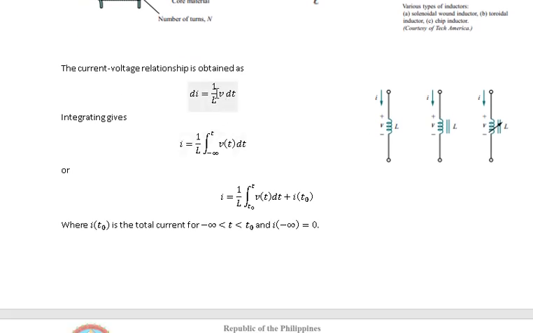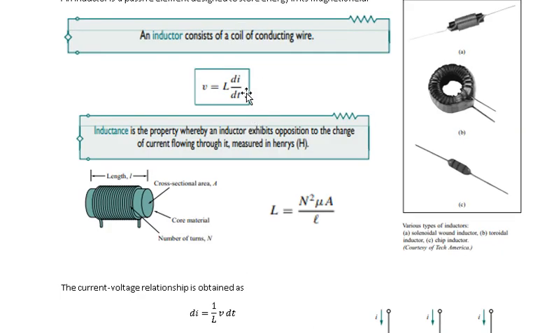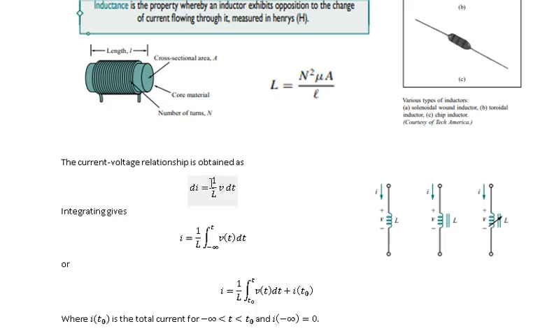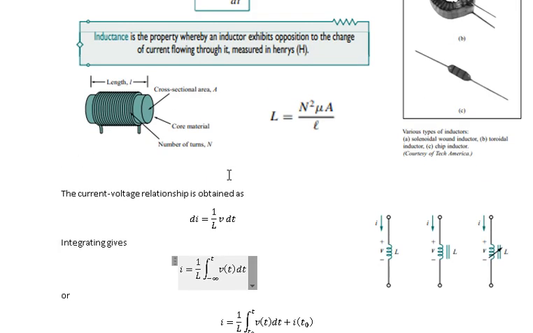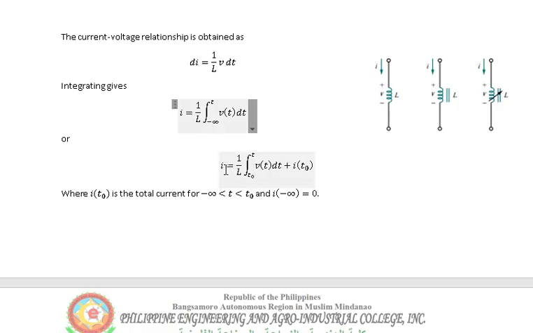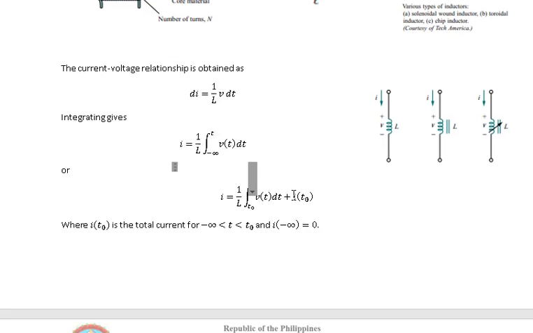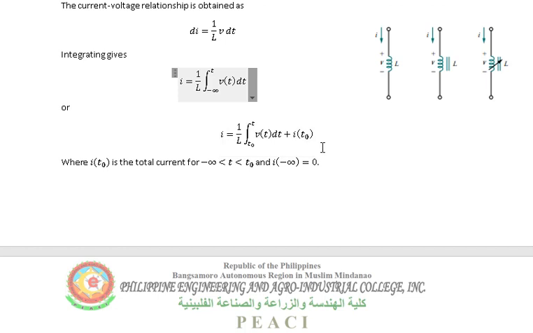No, we can actually use this one most of the time. Okay, so if you take this formula inversely, we can derive this formula. We have di equals 1 over L v dt. So if we take the integral of that, we can find the summation of all the current flowing to that inductor. Okay, so we have here i equals 1 over L integral of v of t dt plus i of t sub o, where this is the initial value of the current through the inductor. Okay, so